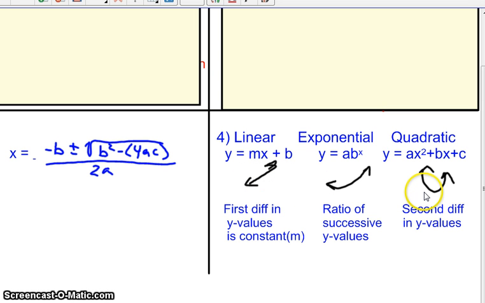You can receive it as a graph. You guys are really good at identifying what it is when you see the graph. Okay? You could get it as an equation. You're pretty good at identifying it there too. Or you could get it as a table of points, and that's when you want to look for these patterns. In a linear equation, you find the same addition or the same subtraction between successive y values. In exponential, you're multiplying by the same factor between your y values, or you have a ratio that's the same. And quadratic